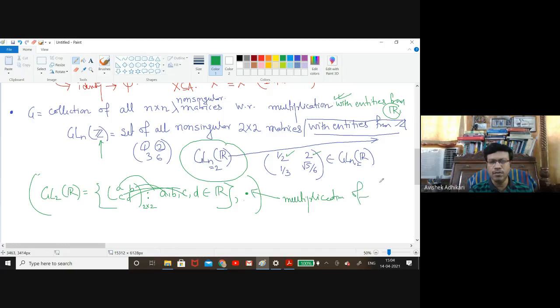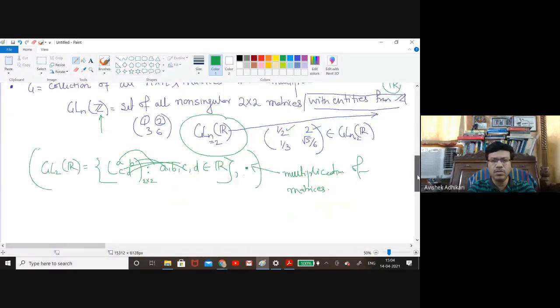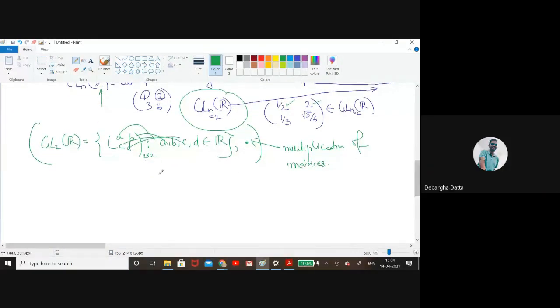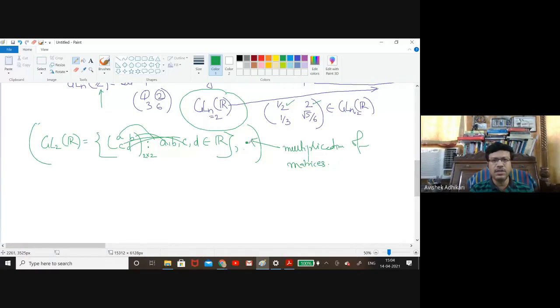Multiplication of matrices. So you know how to multiply two matrices? You know, Devajyoti? Yes, sir. Okay. Now if you consider this group along with this multiplication, then suddenly this will form a group. So here also you need to check the associativity, the closure property, the identity. So what would be the identity element of this? Can Devajyoti tell me what would be the identity element of this?